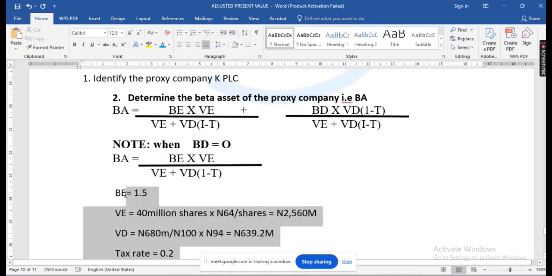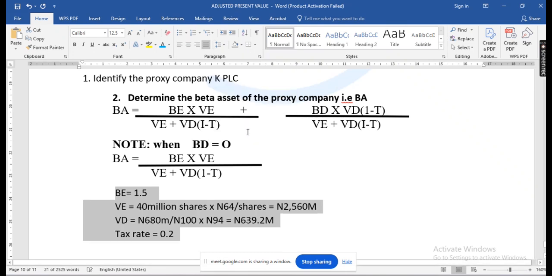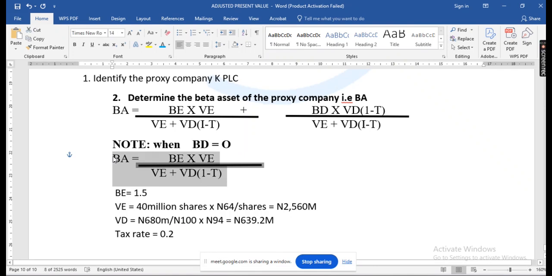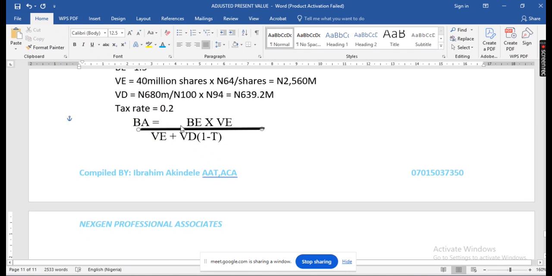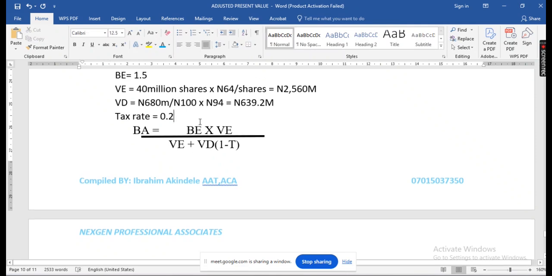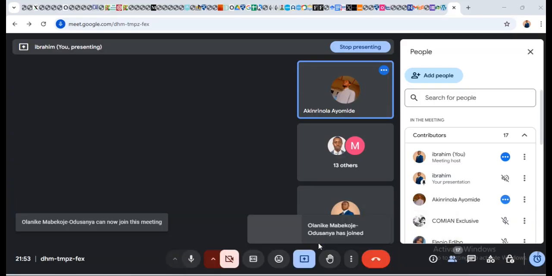So we can move on. We've gotten all the elements we need to determine the asset beta. So we can insert it here. So asset beta is equal to this and this. So BE, which is equity beta, is 1.5. The value of equity,